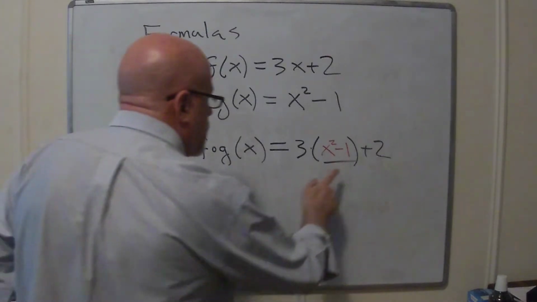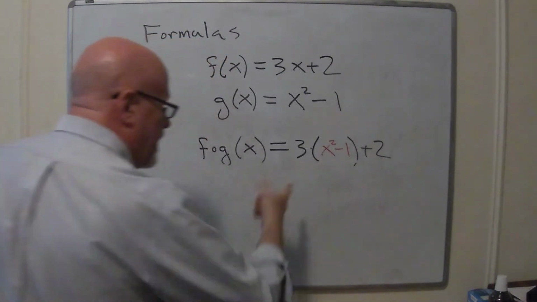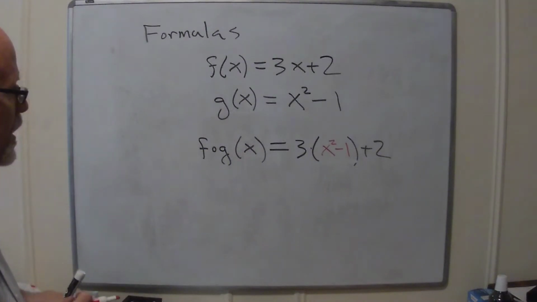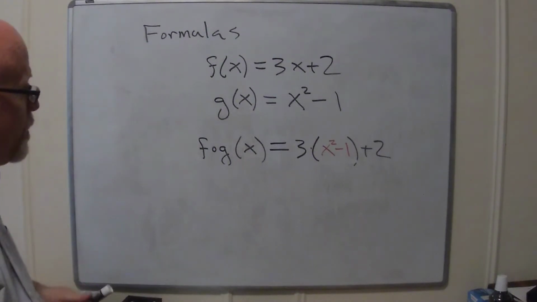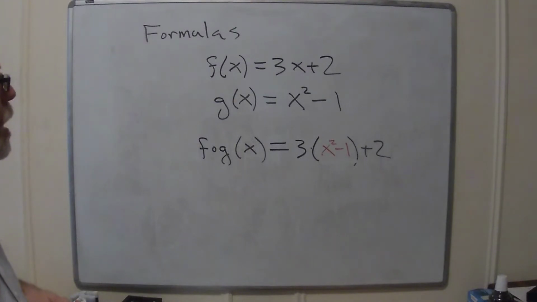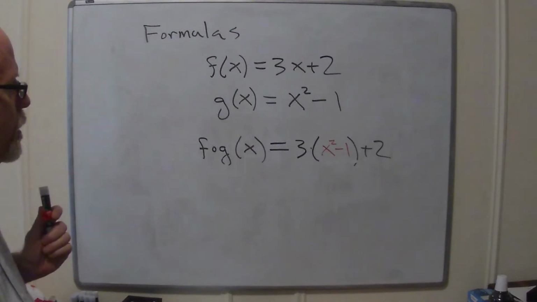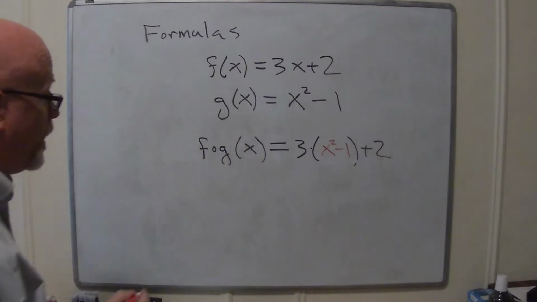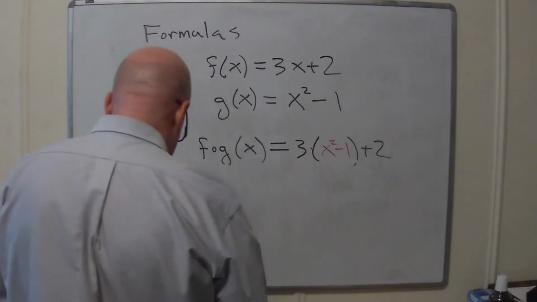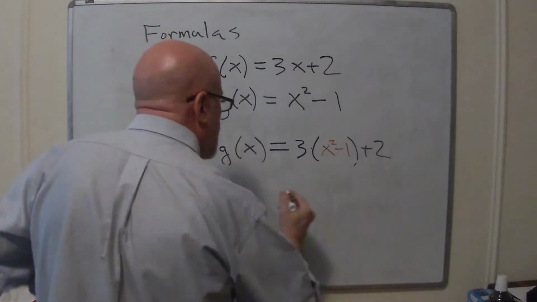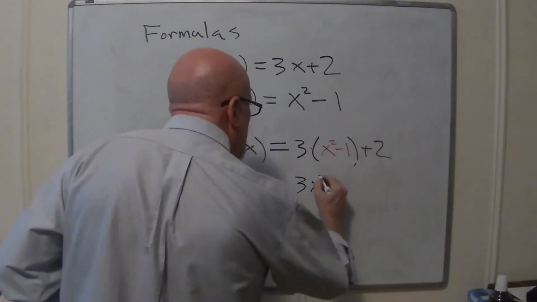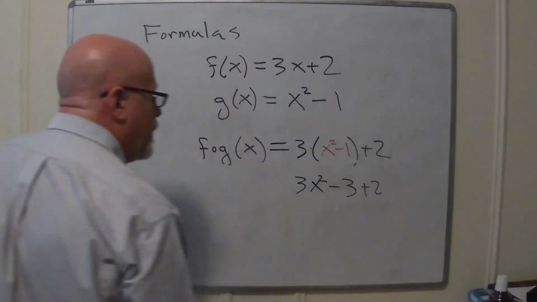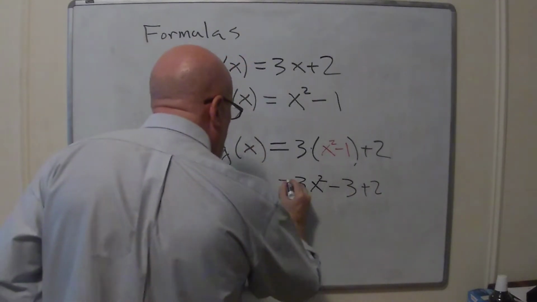Now, the underline looks stupid, so I'm just going to take the underline away. But conceptually, it was there for us to think about. Filling in the blank with the formula for the first function, the g. You could do some algebra with this, but that's not very much. I guess you can distribute the 3, and you get 3x squared minus 3 plus 2. Oh, and then you can combine those two. It ends up being 3x squared minus 1.